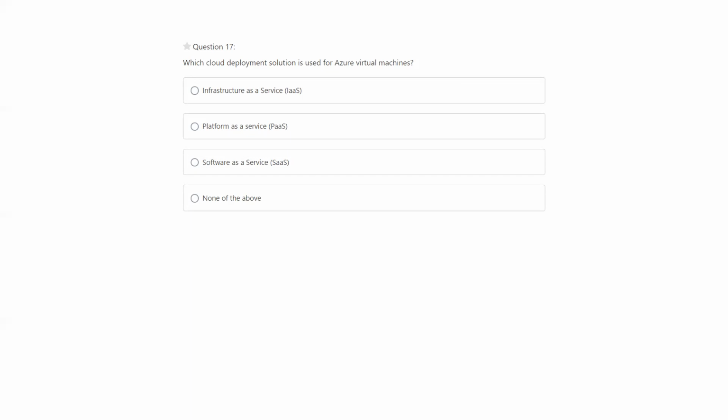If you know what IaaS is, it is infrastructure as a service. In IaaS, you are responsible for creating the infrastructure. In a PaaS, you are responsible for managing your application, and the infrastructure is provided by the cloud service provider. In SaaS, you are given the infrastructure and the platform both, so you will be using ready-made applications. You don't need to take care of anything, either storage or the database or any middleware. So the question asked about Azure virtual machines is related to IaaS.